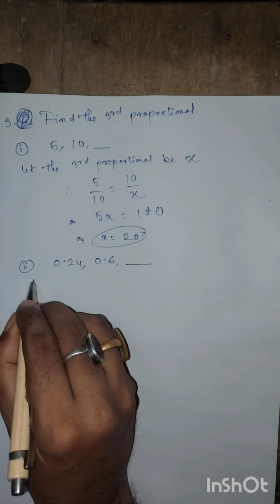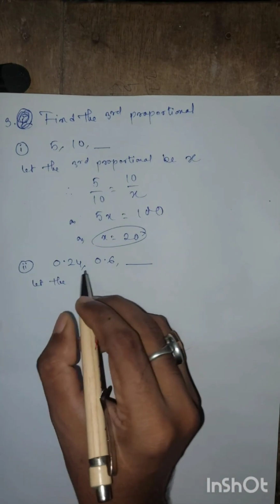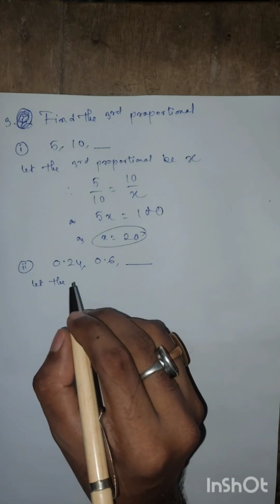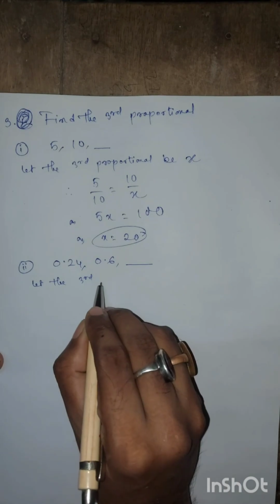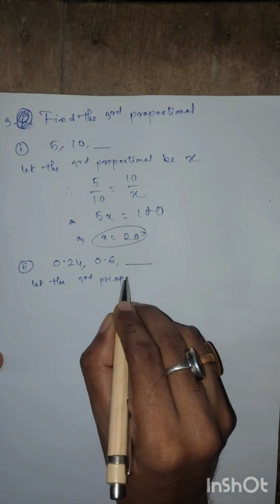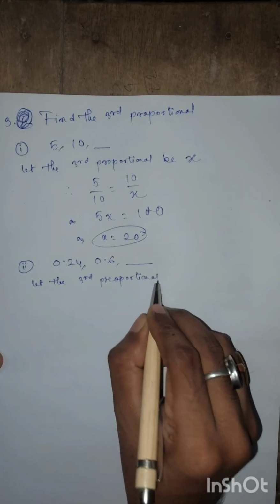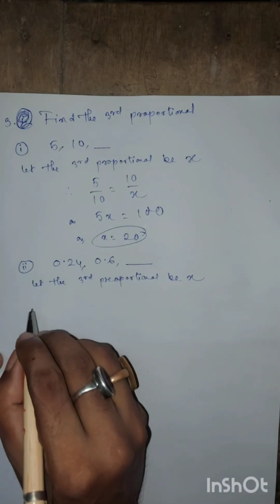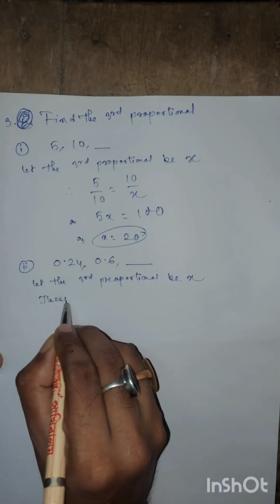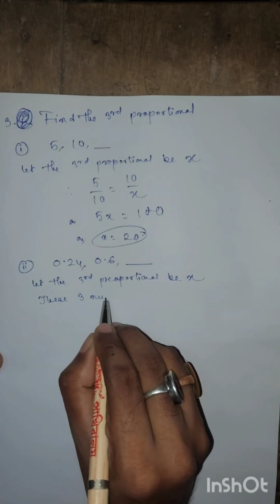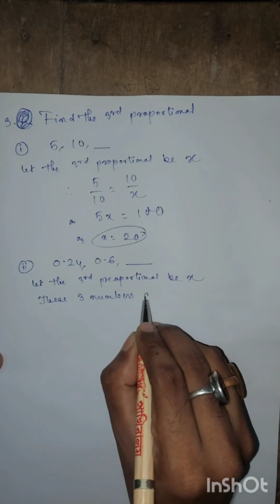So let the third proportional be x. These three numbers are